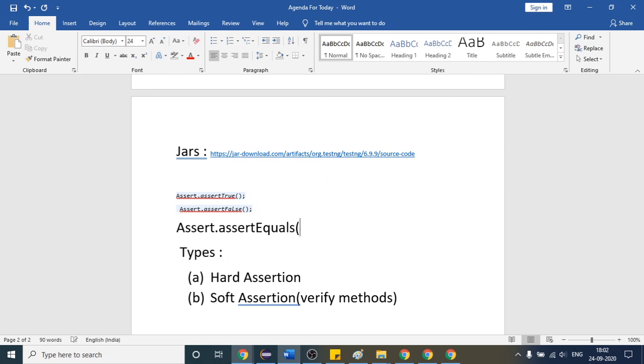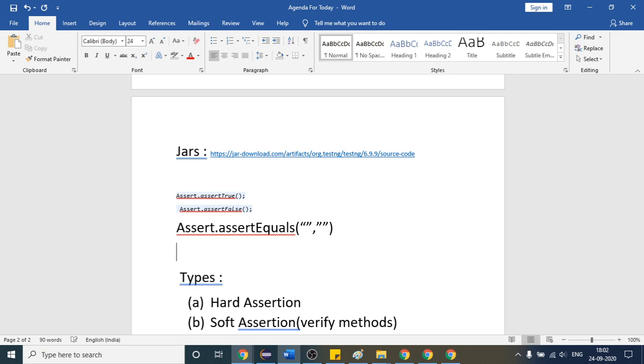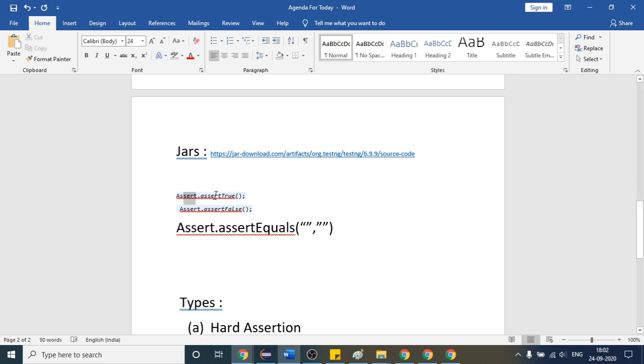So these are the three assertions which we have discussed. But the problem with this method is, whenever it throws an exception, the rest of our important code is not going to execute, right? So let me first, what I will do,